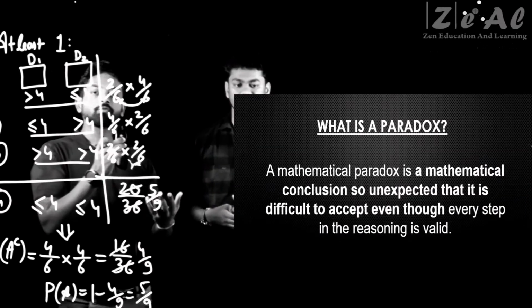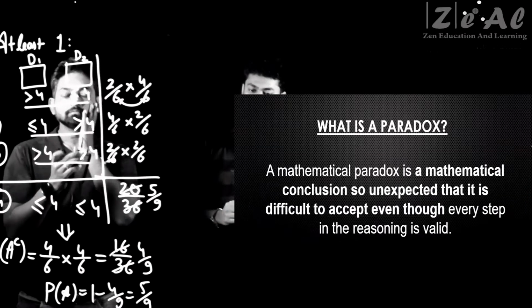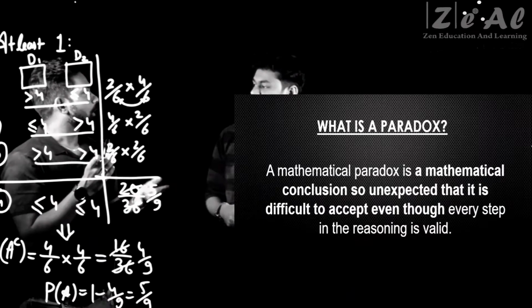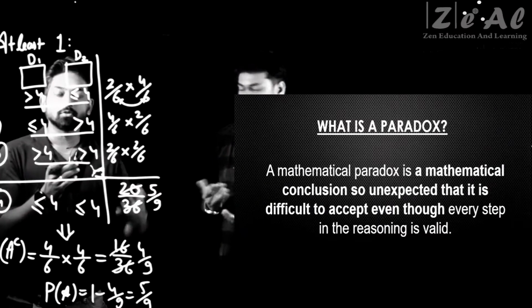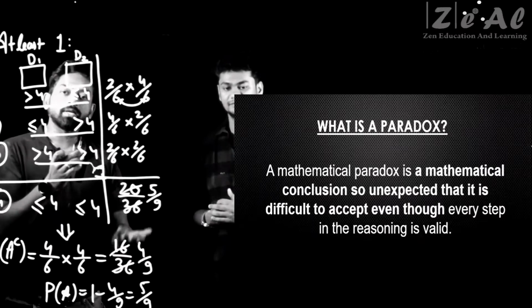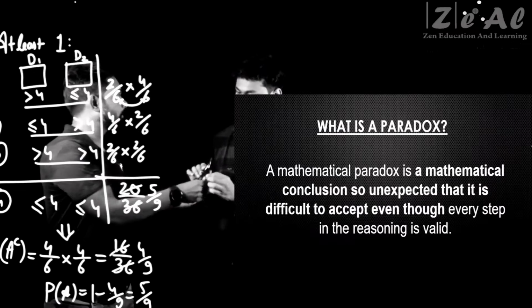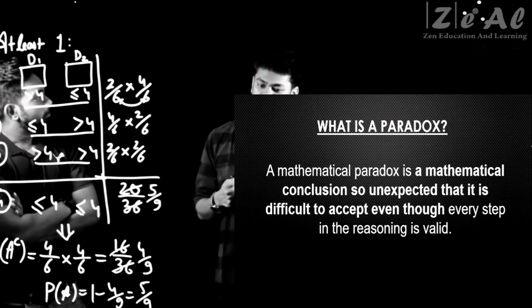A paradox is something which is counterintuitive. Counterintuitive means I'm expecting something, but the output is something else. It is completely contrary to what I was assuming. How can we make you understand paradox? Sir,